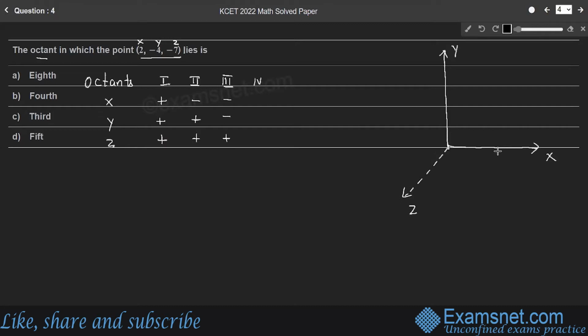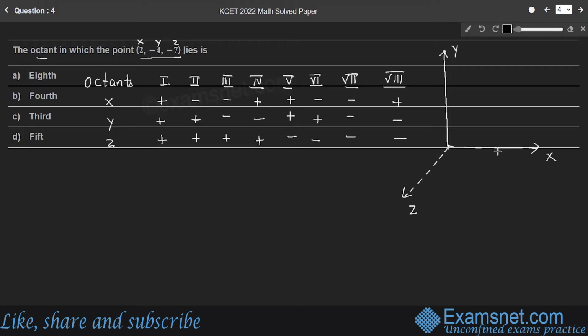So for a point in the fourth octant, x is positive, y is negative, but z is again positive, right? Whereas in the fifth octant, x and y are positive, z is negative. Whereas in the sixth octant, x is negative, y is positive, z is negative. Whereas in the seventh octant, all the three coordinates are negative, right? So for a point in the eighth octant, its x coordinate is positive, y and z